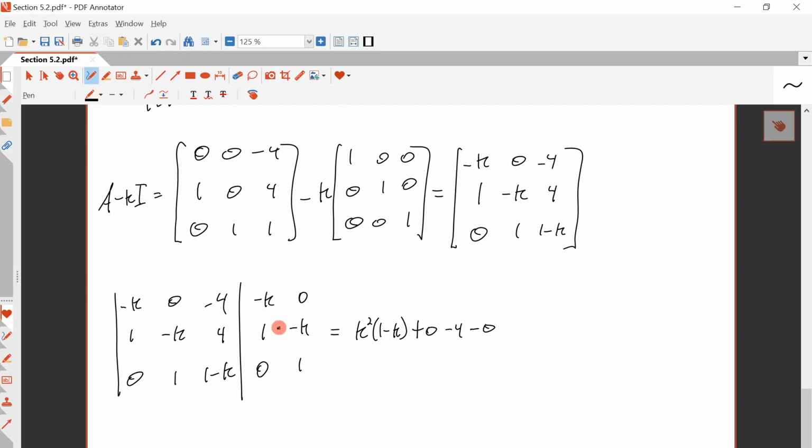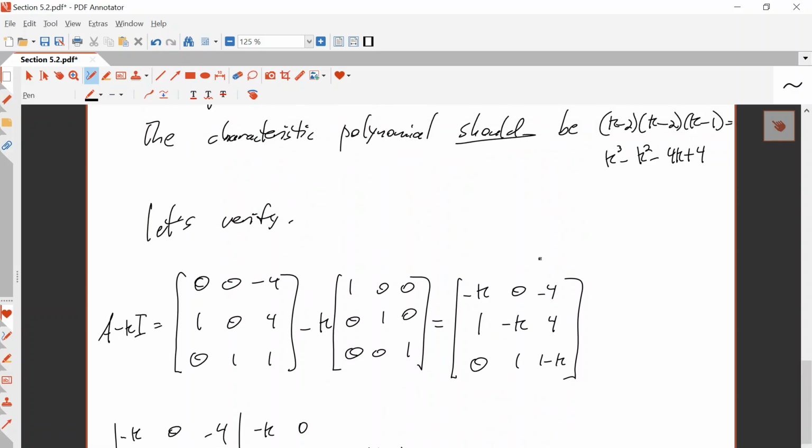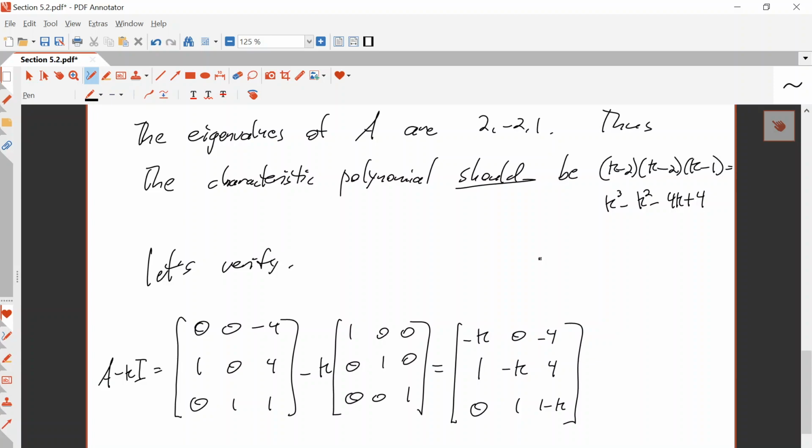This is minus 4k, so that becomes plus 4k, and then this is 0. So we've got k squared minus k to the third minus 4 plus 4k. So rewriting that, this is minus k to the third plus k squared minus 4k plus 4k minus 4,